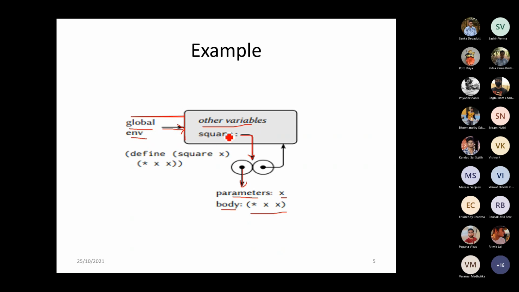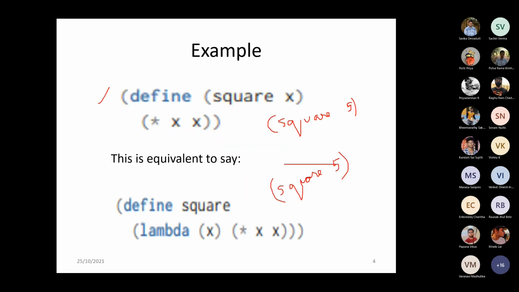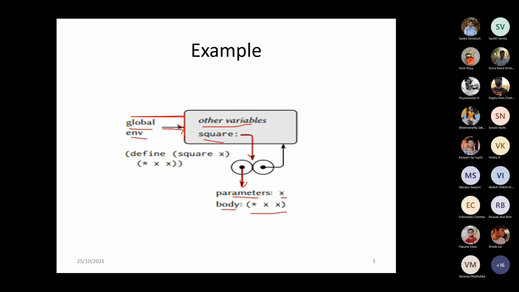So how will the procedure square be represented? It will be represented with respect to lambda. Define square: square is now a variable name which is returning a procedure. How do we represent the procedure in this format?